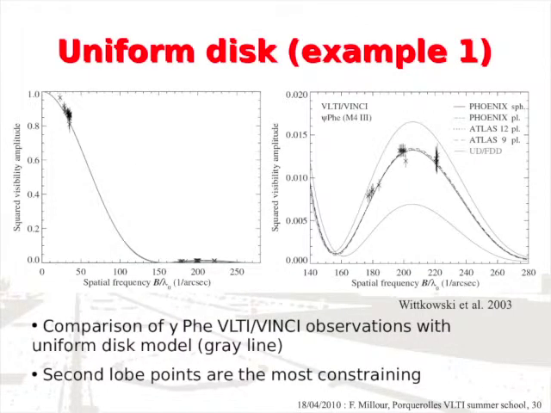An example of using a uniform disk is the measurement of the diameter of stars, basically. This is a VINCI observation of a giant star. You have different models here, but one of them, I think the one on top, is a uniform disk. You see that it explains the visibility quite well in general, but you have a slight difference at higher spatial frequency, which means the star itself is not exactly a uniform disk.